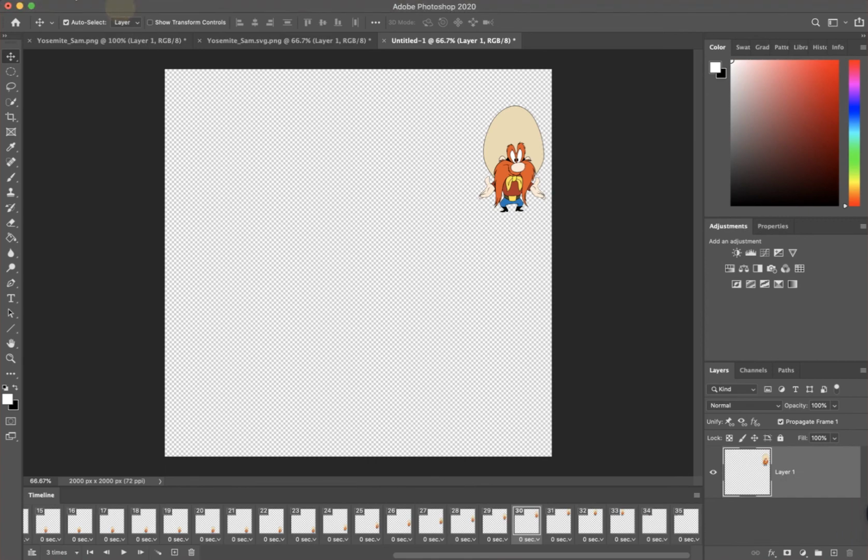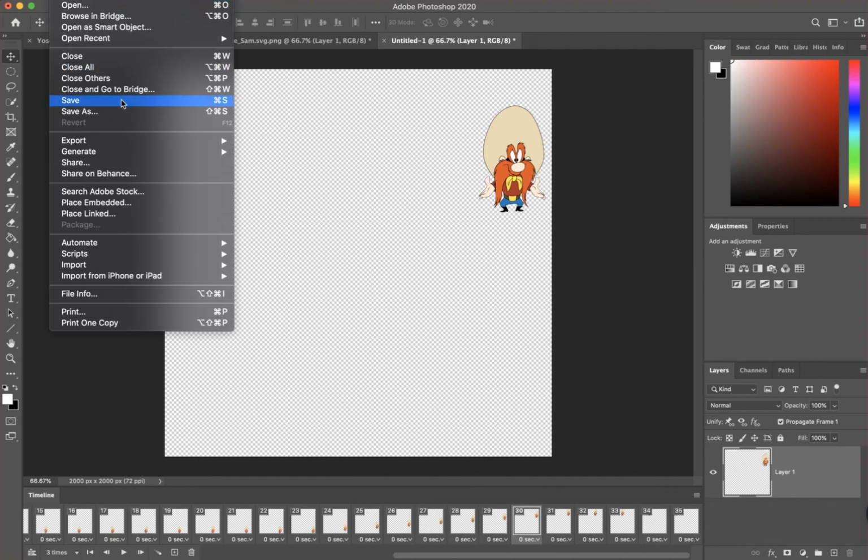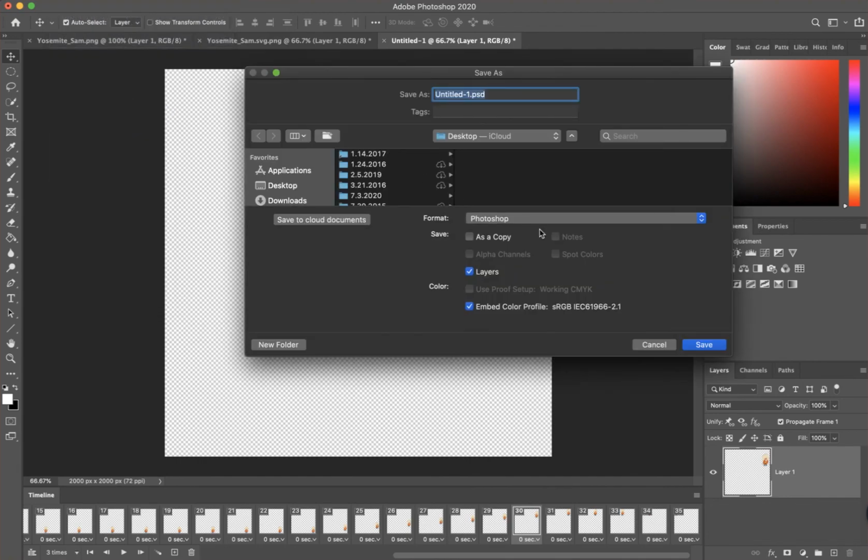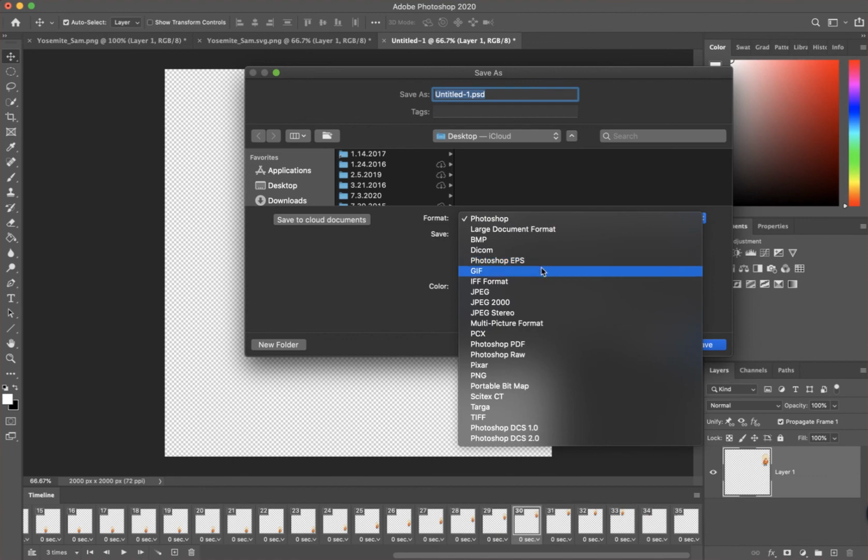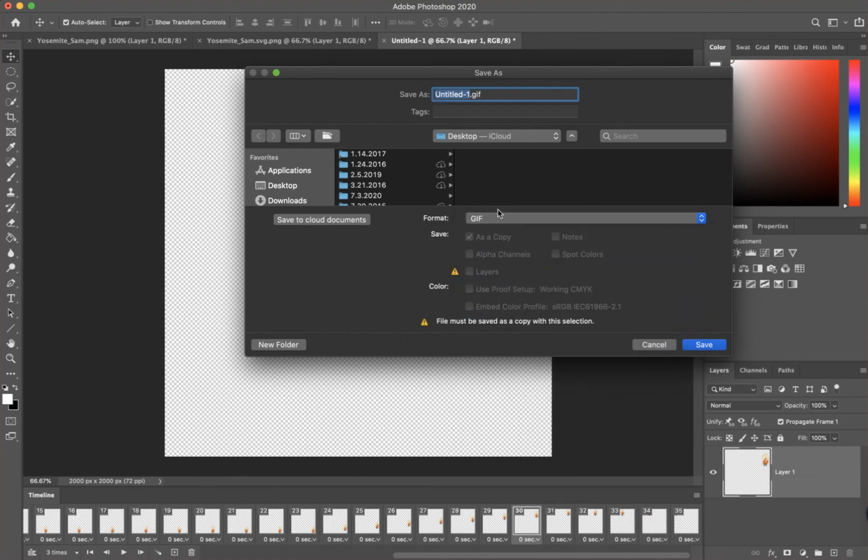So if you go up to File, you can save it as just a straight up GIF, which is right here. Okay, and so we can call this Yosemite Sam 2, because there's this Yosemite Sam 1 already on there. So if we go to Yosemite Sam 2 and hit save,